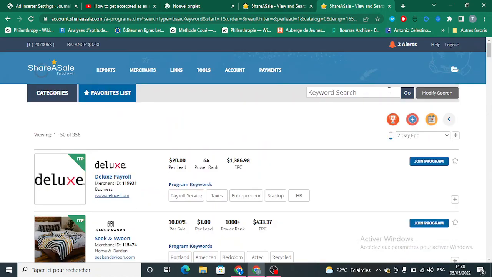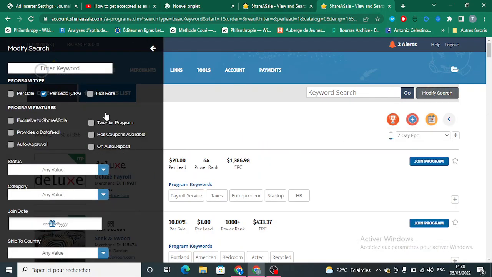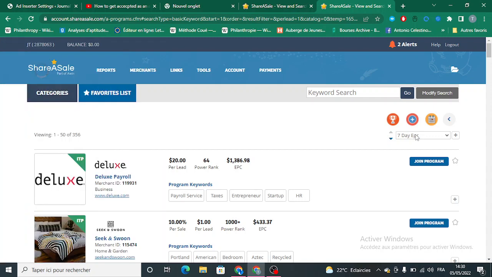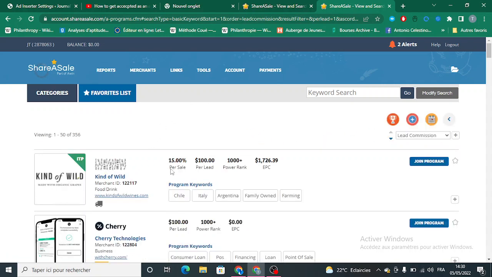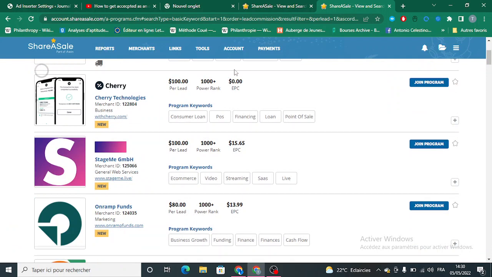And of course, we can search or modify the search here. I'm going to choose per lead commission. We're going to see the most. This one, I guess, is really interesting.